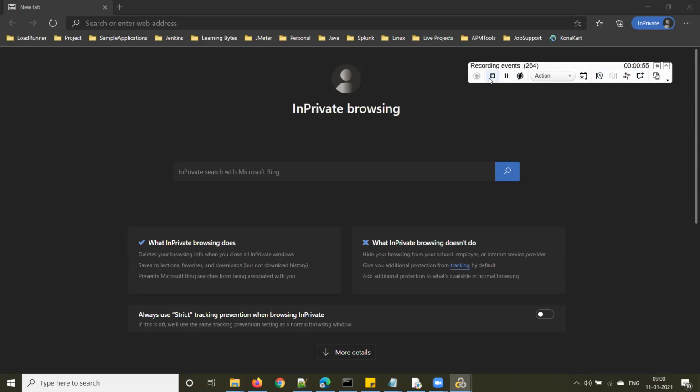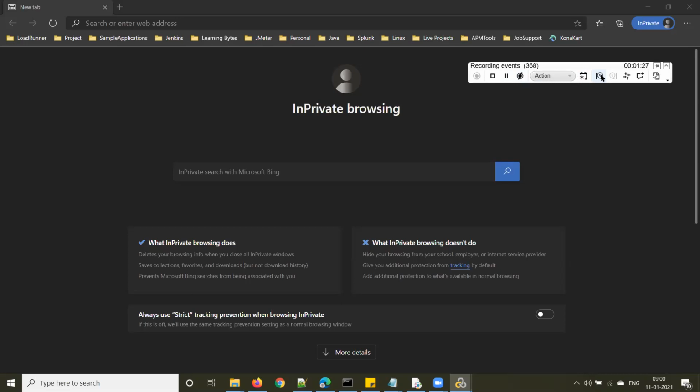Let's understand these options. You have stop recording, an option to stop recording. This is pause recording, and this is cancel recording. And see here, there is action and end, a drop-down kind of, to select action and end. And like this, we'll come to the start and end transaction. I already explained what a transaction is. What is meant by transaction?